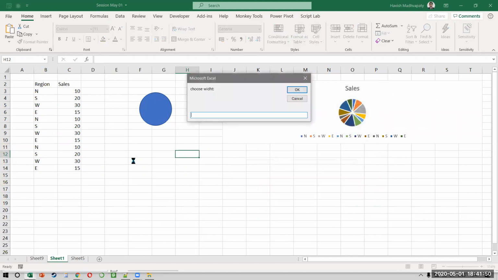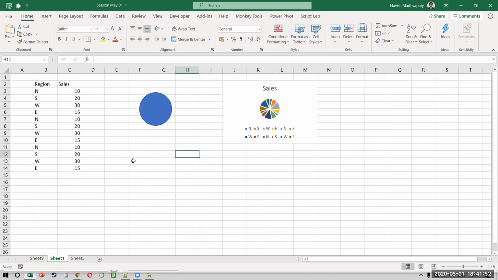So chart location, if I want to change the width. So do you see how nice this is? I've actually made it dynamic. And of course, I hope you're able to see, you can make the height dynamic as well. Again, imagine how useful it is.